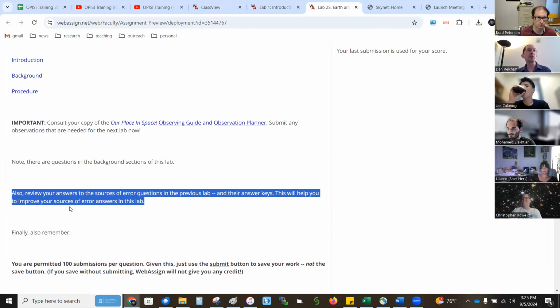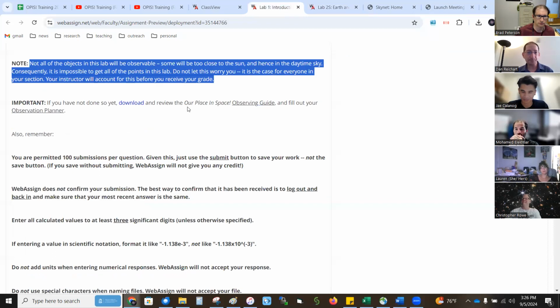Often students don't, but for sources of error, I really encourage this, because students are terrible at explaining sources of error. They like to write human error, but if it's a human error, that means you can just go back and fix it. Or calculational error, go back and recalculate it. You know the drill with sources of error. There are things that we look for, like, this uncertainty is due to a fundamental limitation in my measuring device, that kind of stuff. And they're really bad at it, and they'll only improve if they look at the answers. So that's always there as a reminder as well.